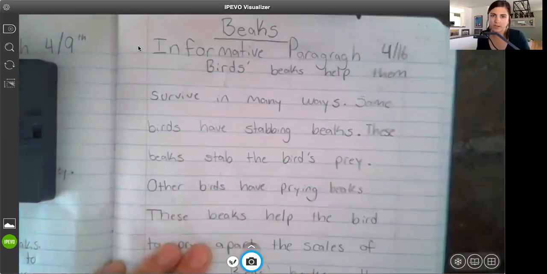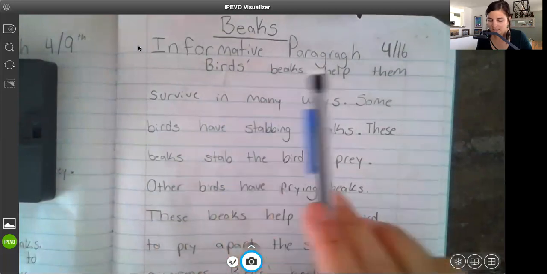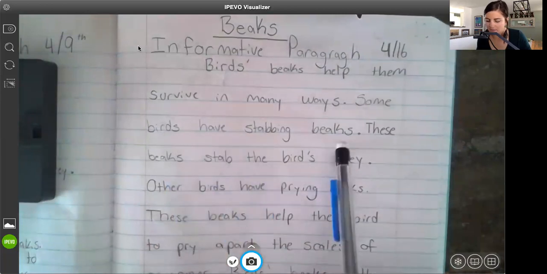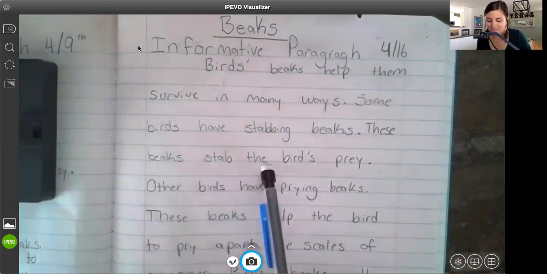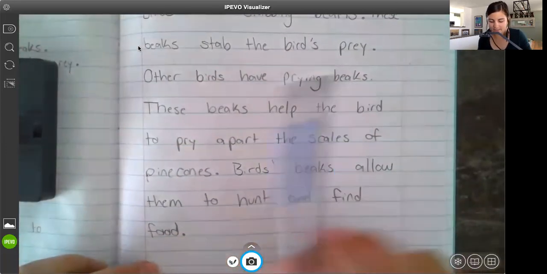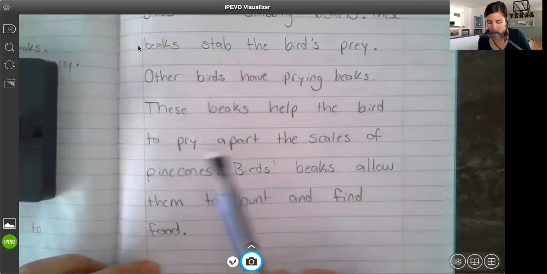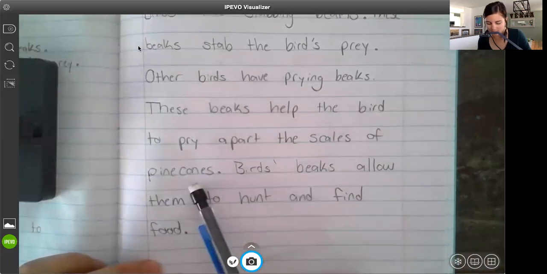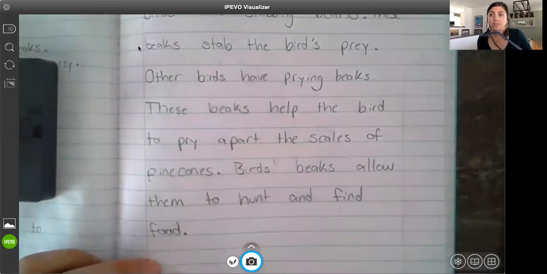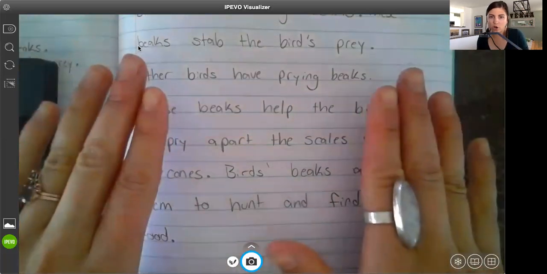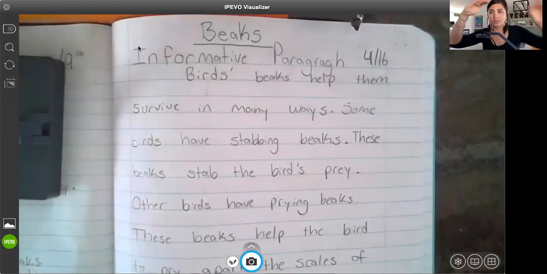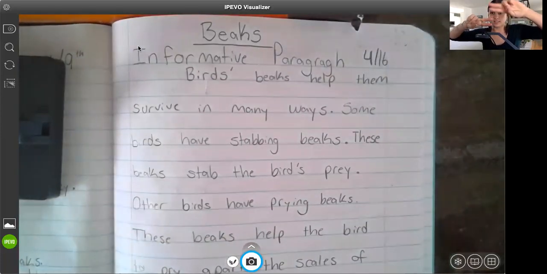Let's reread our paragraph. Birds' beaks help them survive in many ways. Some birds have stabbing beaks. These beaks stab the bird's prey. Other birds have prying beaks. These beaks help the bird to pry apart the scales of pine cones. Birds' beaks allow them to hunt and find food. So same thing we did yesterday, but we're going to do it with our own paragraph that we wrote. So we're going to identify the topic sentence, the 2 detail sentences, the 2 detail sentences, and the